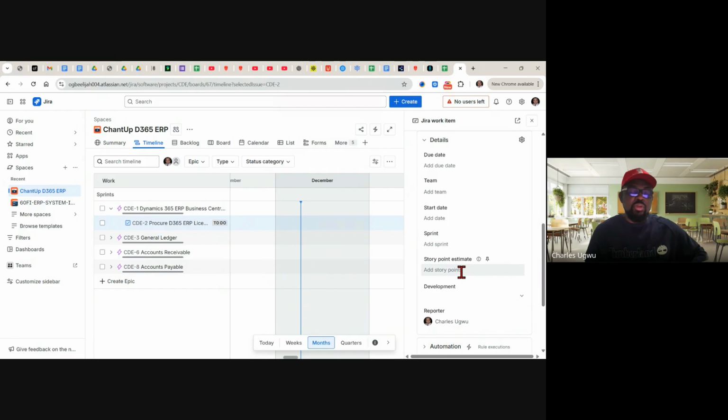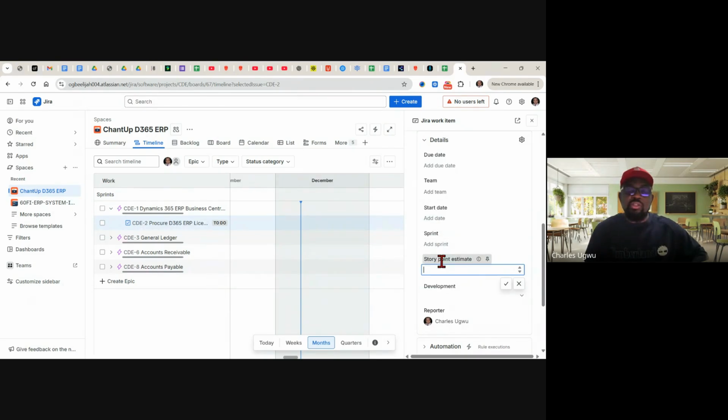So how complex is the work: is it easy, is it hard, is it difficult? We scale it within a scale of 1 to 5, or 1 to 10, 1 being the easiest and 10 being the most difficult. So that's what we do.